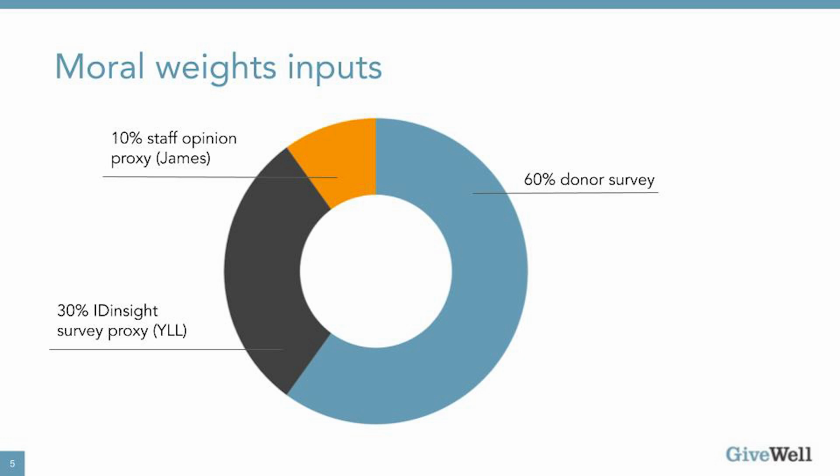But this did change our moral weights a lot and move it much toward the direction of valuing the lives of children under 5. And the final portion of our moral weights was a proxy for GiveWell staff opinions, which is something that we used to use more heavily, but we've since downweighted to about 10%. The benefit of this is that GiveWell staff think about this a lot, and the cost is that there aren't that many of us, we don't have a ton of context-specific knowledge, and it was very variable based on changes in staff composition. Okay, so I'll pass it on to, I think, Jason.